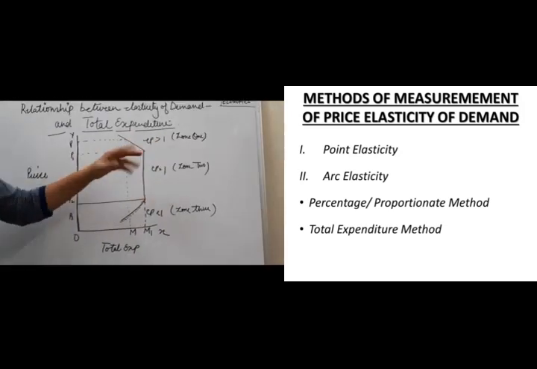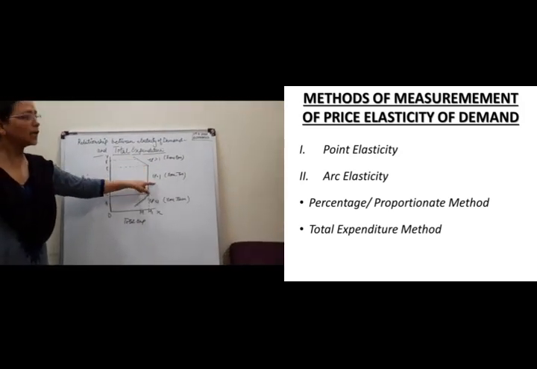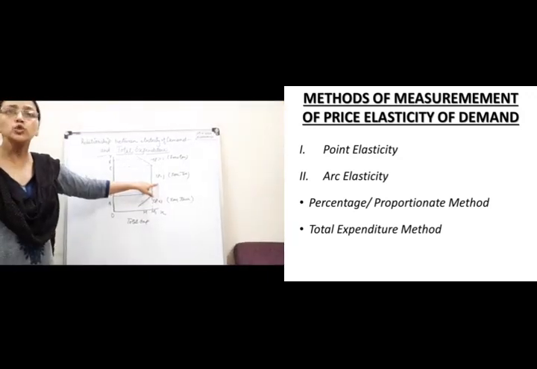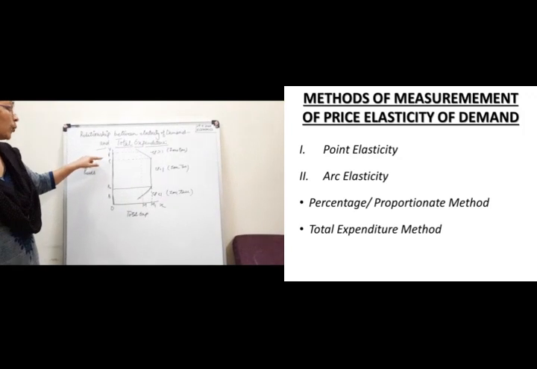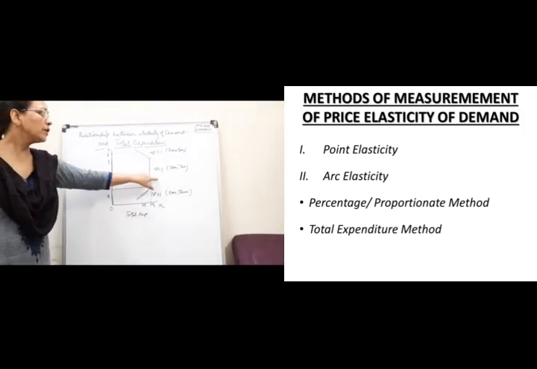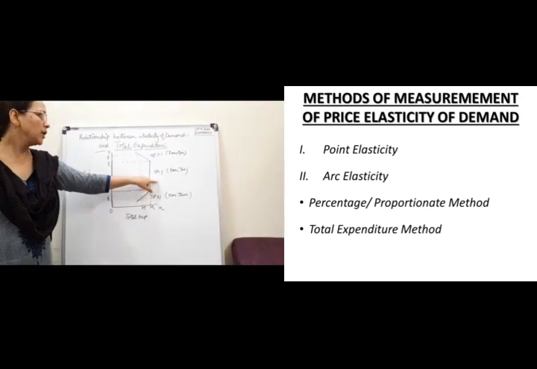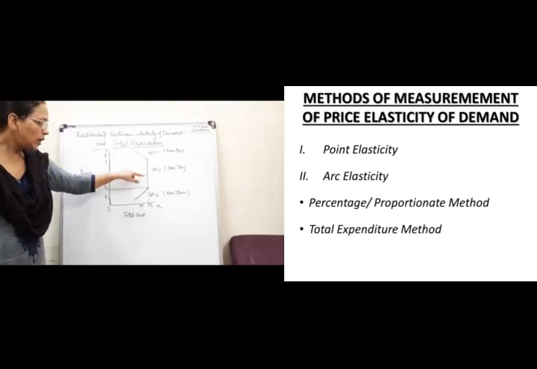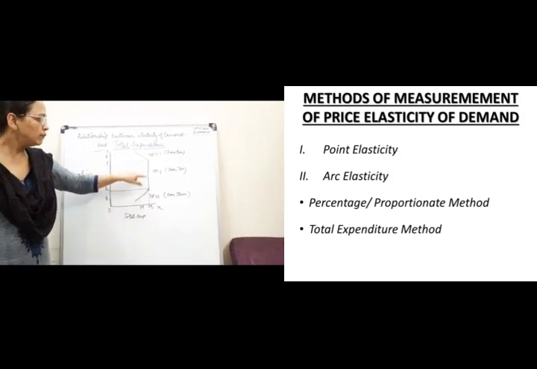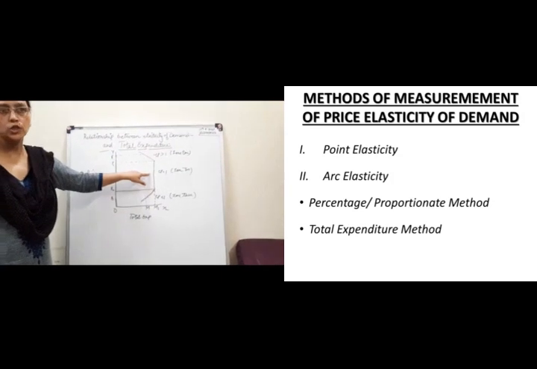Then over here we have changed the sequence a little. The second zone we are taking is equal to 1, that is unitary. What happens over here is that when the price changes, the total expenditure does not change, it remains the same. So when the price changes from P1 to P2, the total expenditure remains M1, which you can see in this area. The curve is the constant one, right?